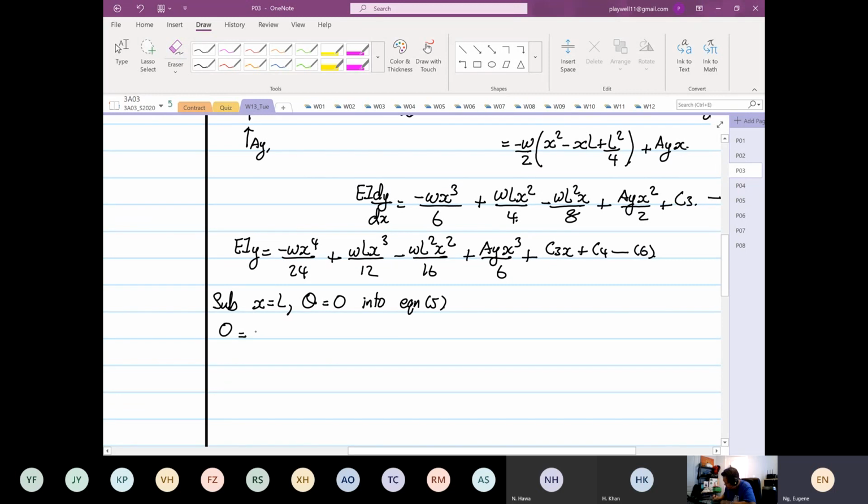It's equal to minus omega L cubed over 6 plus omega L cubed over 4 minus omega L cubed over 8, plus Ay L squared over 2 plus C3. So you have C3 is equal to minus Ay